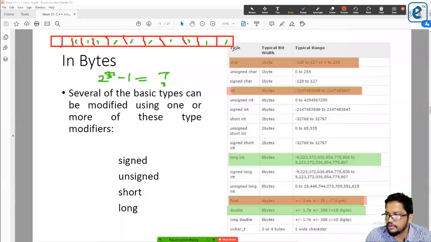That means this is basically kept for the sign, right? So this will be kept for the sign. That means only 31 bytes will be used. This will be 30 and this will be 31st, and this is 0, 1, 2, likewise. So 31 is basically reserved for the sign. That means when this is 0, this is a positive number, so the positive number will be represented by the other 31 bytes.